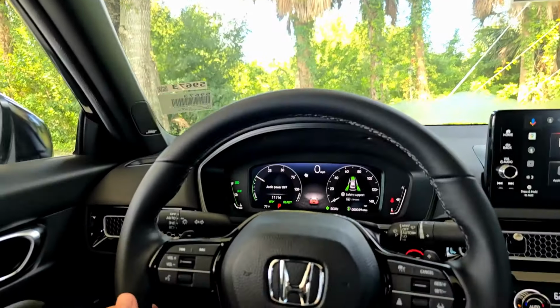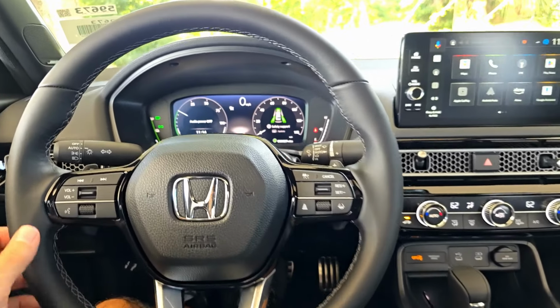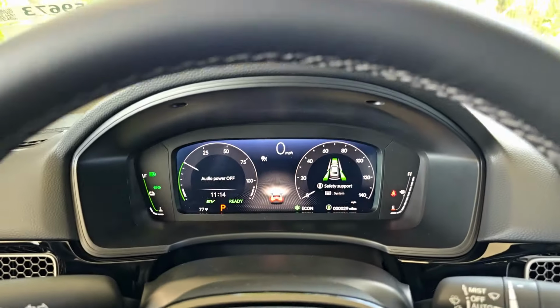And this is it, guys. This is the interior of this 2025 Honda Civic. Now, here's one thing to mention too. I didn't go through that, but